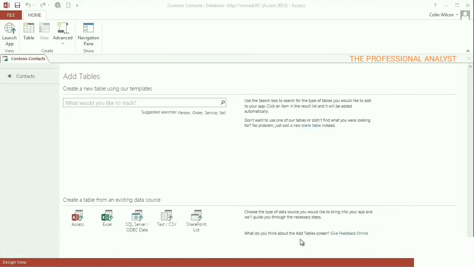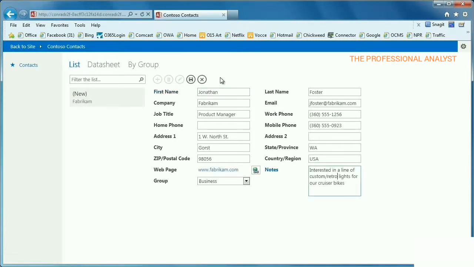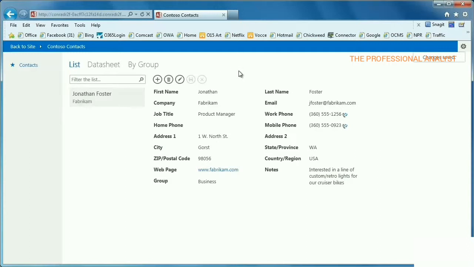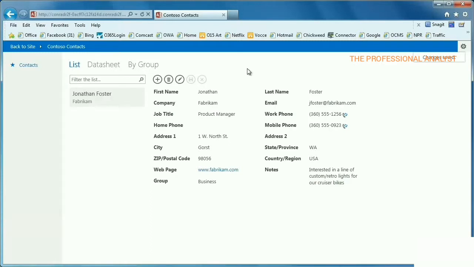Access downloads and opens the template, and to start working, click Launch App. That starts the database in your browser, and you can enter data. But remember that with an app, you have to click Save to save your data. The other thing to remember about apps is you use them in your browser, but you create and change them in Access. To do that, click Customize in Access,